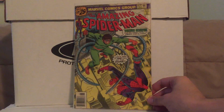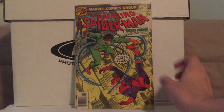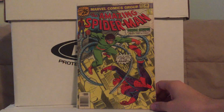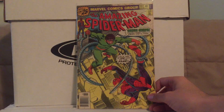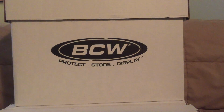I guess I just need to be aware of what books have the stamp in it to keep that in mind. I think it's the ones that have the still only 25-cent blurb over there, but I have to do some research on that. But that kind of sucks. But for $3 for a Bronze Age issue of Spider-Man, I'm not gonna complain too much. Anyway,